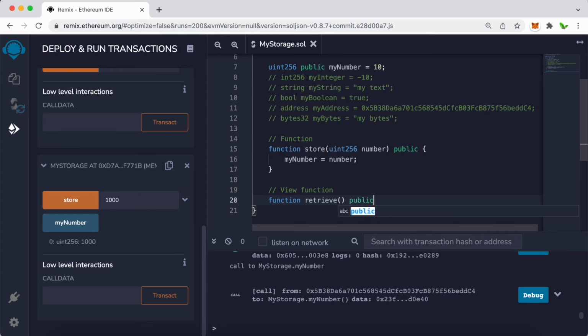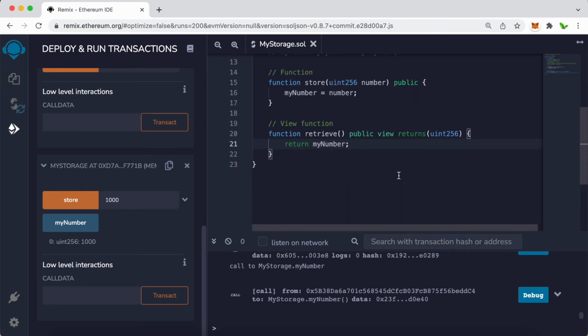And then this is the public view, and returns. We want to return something. So this one will be uint256, and inside here we're basically returning myNumber. Okay, just like that. And what happens now when I try to compile this again, pressing Ctrl S, and we